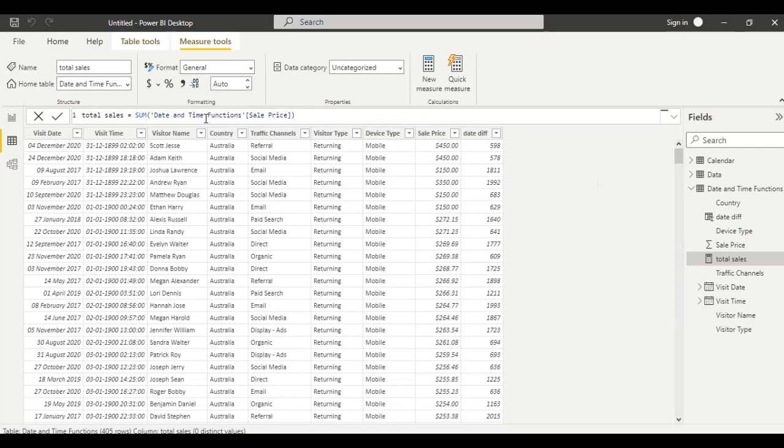Now let us calculate the total sales for a particular interval of time using the dates between function.